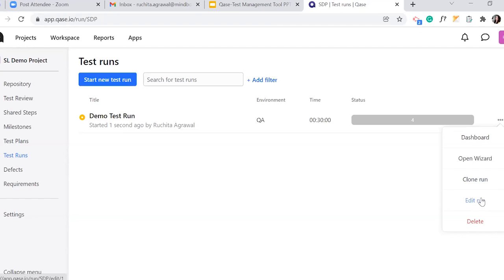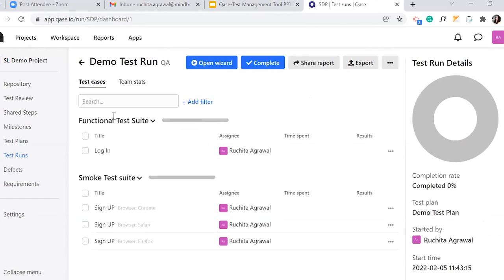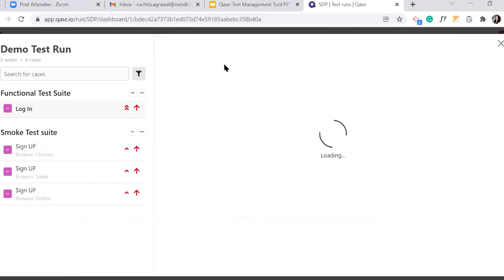We can edit the run from here, or we can delete the run. So now we will execute our test cases. Once clicking on that test run, here we can see our suites, then the test cases, and the detail about it. So here we can see the open wizard option. So once clicking on open wizard,